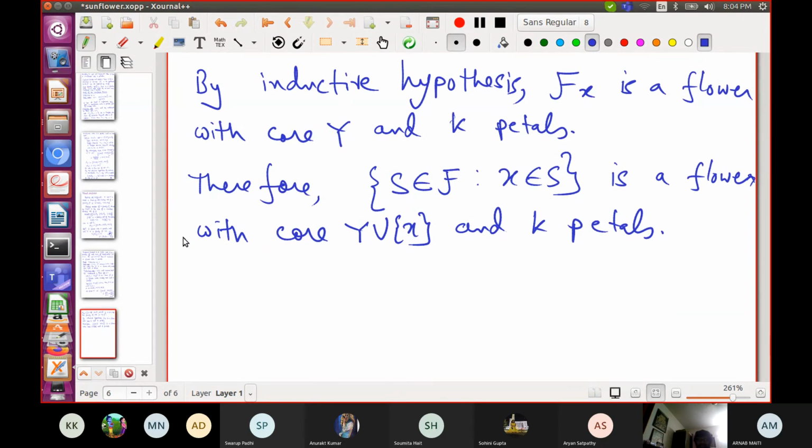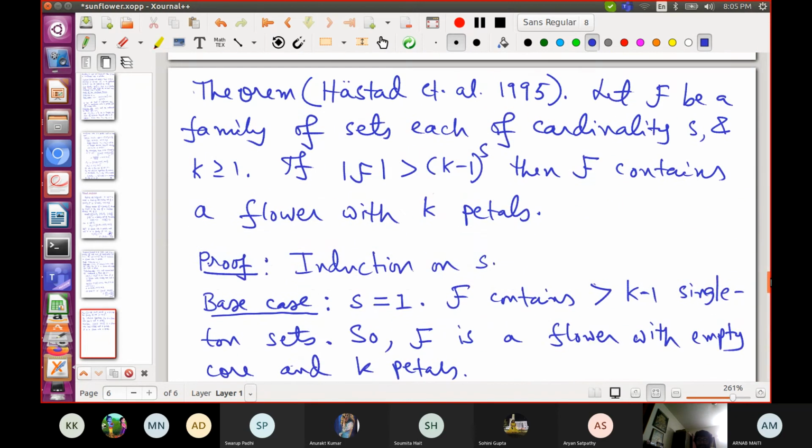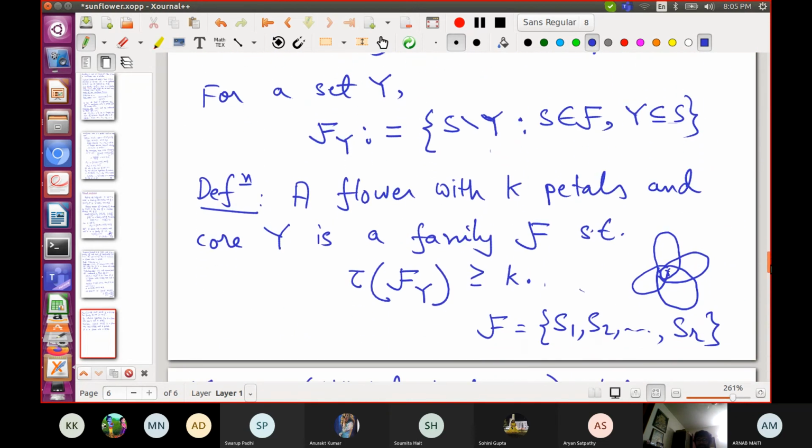So F itself is a flower with k petals. In the definition of flower, it's slightly different in another way.